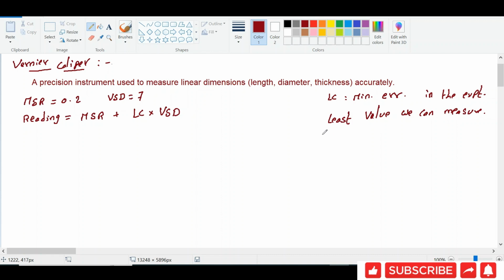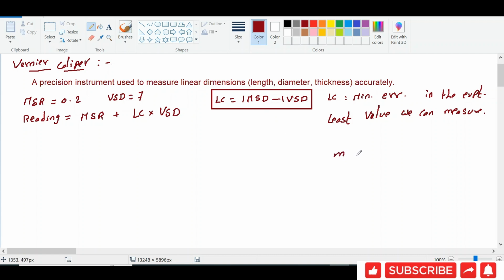Chalo. What is the formula for this? That is important. The least count formula is 1 main scale division minus 1 Vernier scale division. That difference you have to take. This is the main formula of the least count. So mostly the main scale divisions are given. How much is the main scale division? Each value they will give you. The Vernier scale they won't give you. So how to get it? Now they will say in the question: